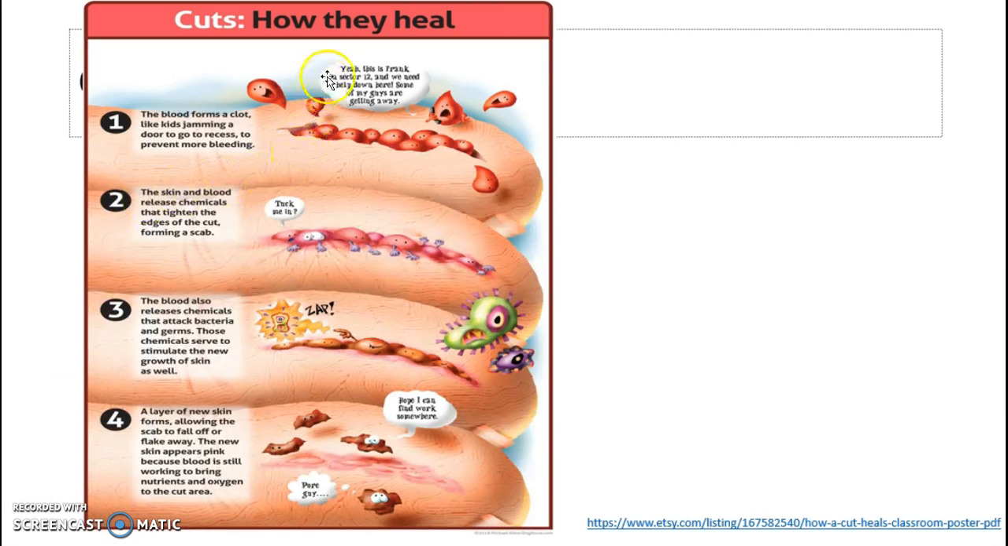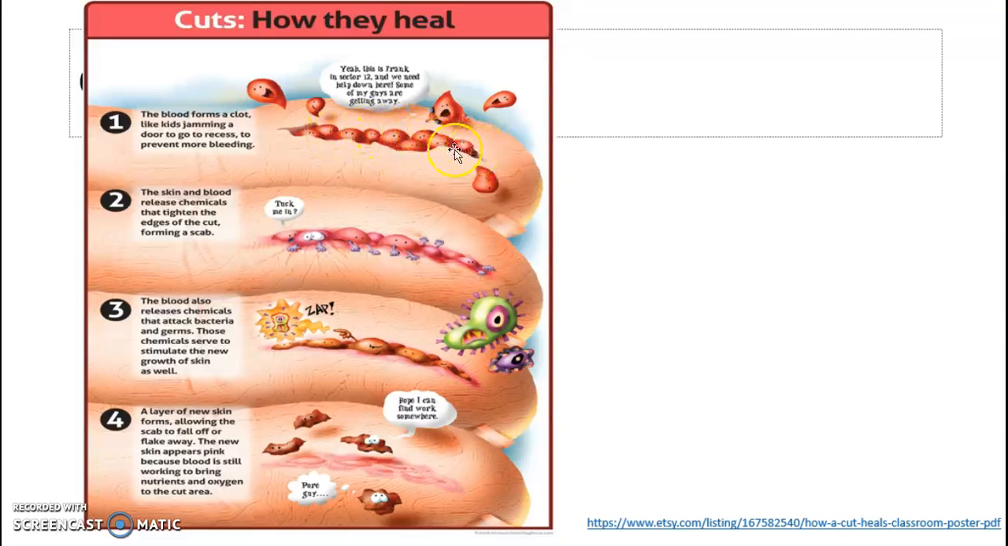Okay, so this is a bit on how do cuts heal. This is a simplified diagram showing how blood forms a clot. So it's like they are jamming this area. They jam the area